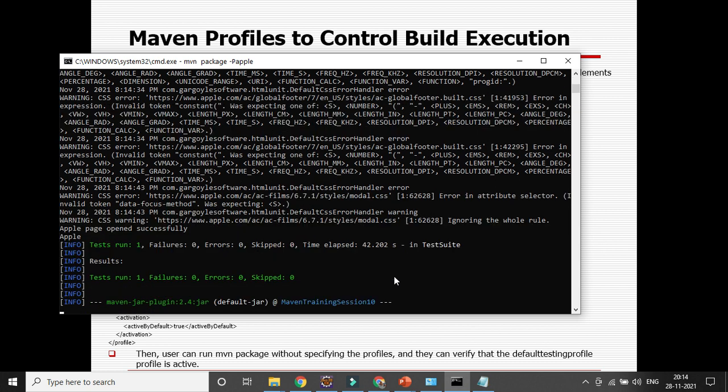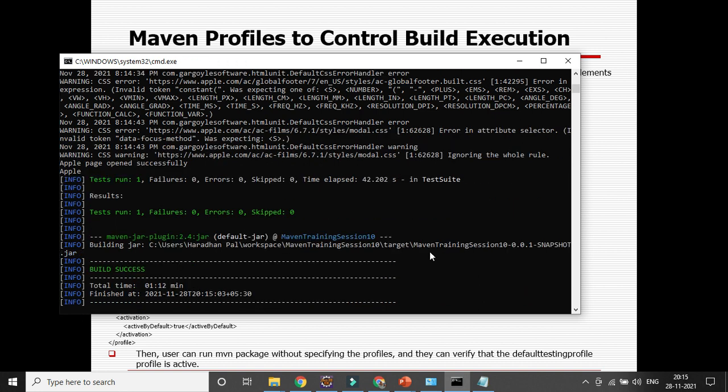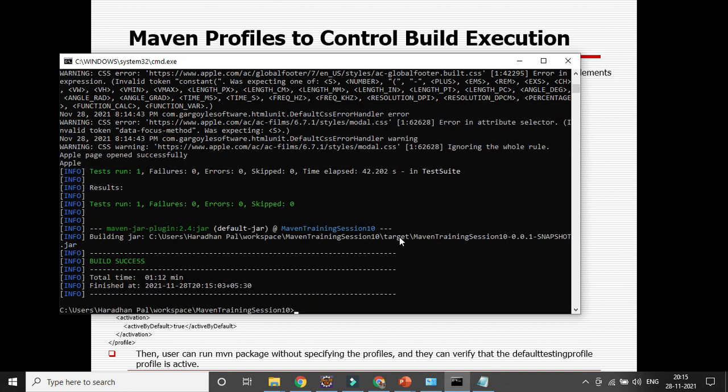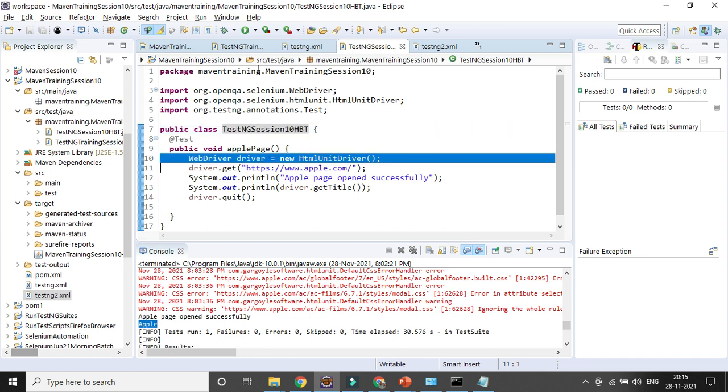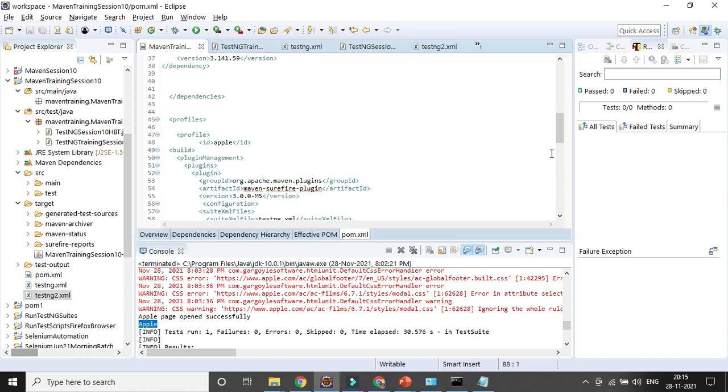Okay, you could see your run is successful, the Apple page opened successfully. This is the title you are getting, and it is also creating the package, right? So the run is done, build successful. But you are not able to see the GUI part because for your new Apple class you use the HTMLUnit driver. Now let's try to activate the Facebook profile, where it will be driven based on your,